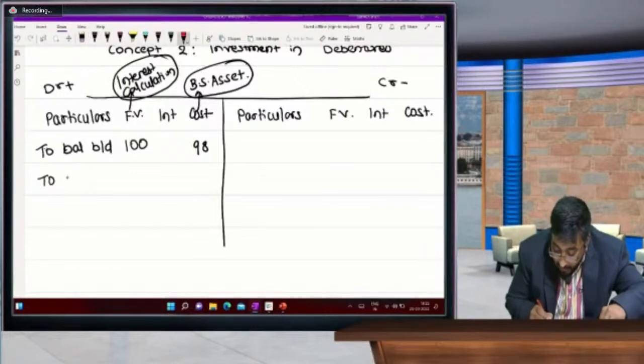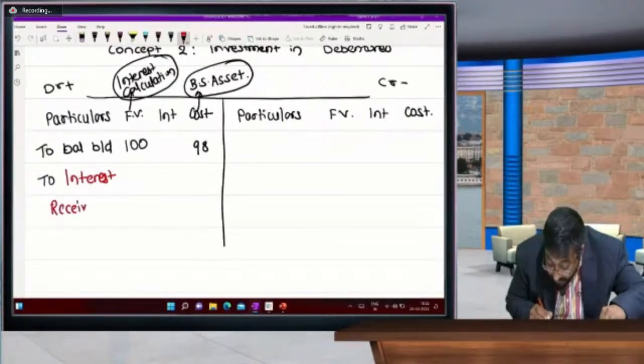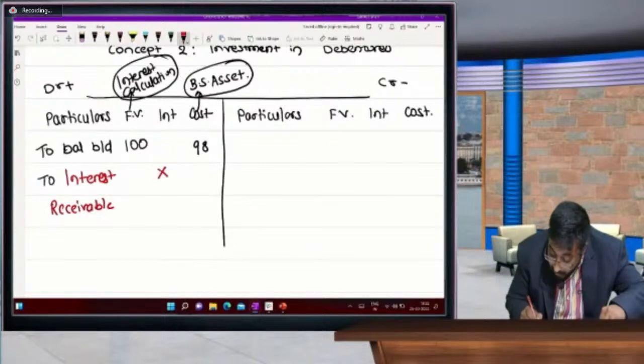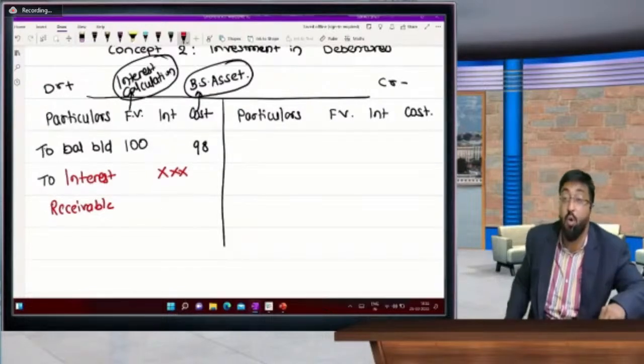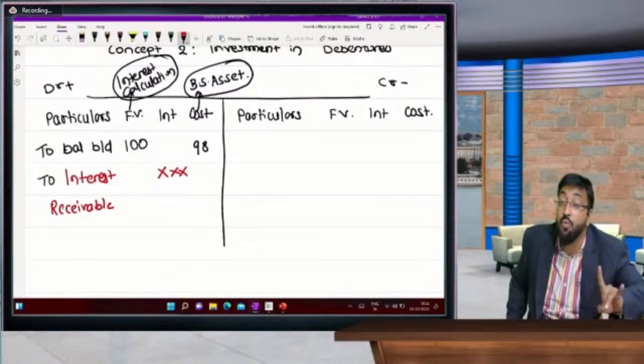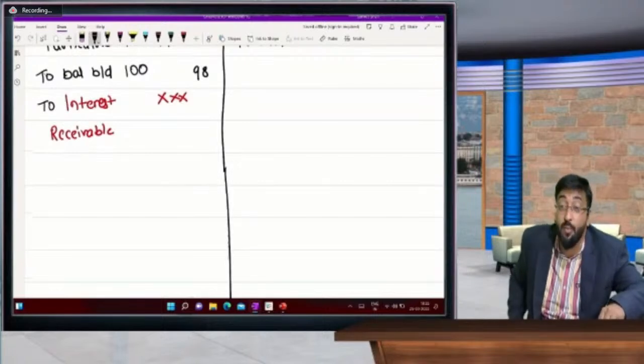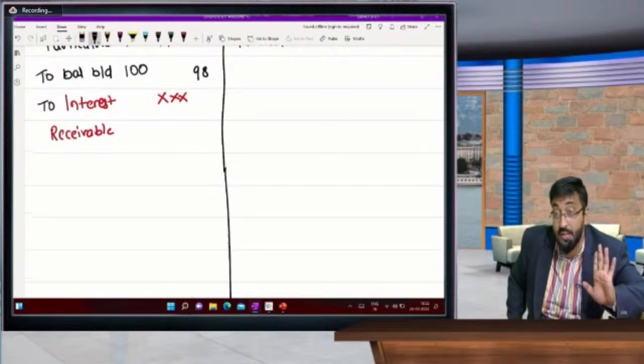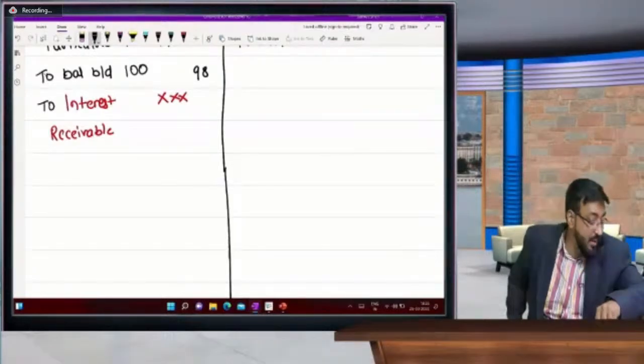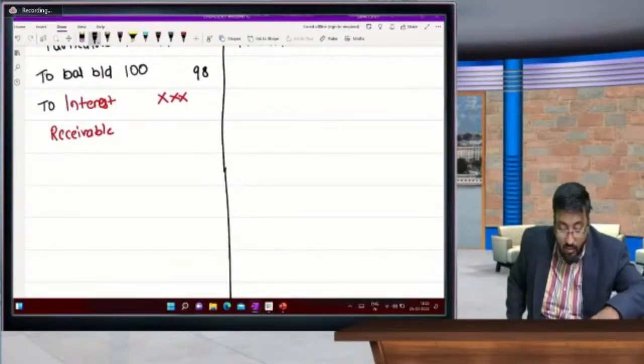Yes, tell me. Opening date, there is an entry for interest receivable. We will write it only in the interest receivable column. Why? When will you write this interest receivable? Yes, tell me fast. Just want to check your knowledge. Yesterday only I explained this concept to you. Interest is payable in the company's account, but in the investor's account it is interest receivable. When are you going to write interest receivable,